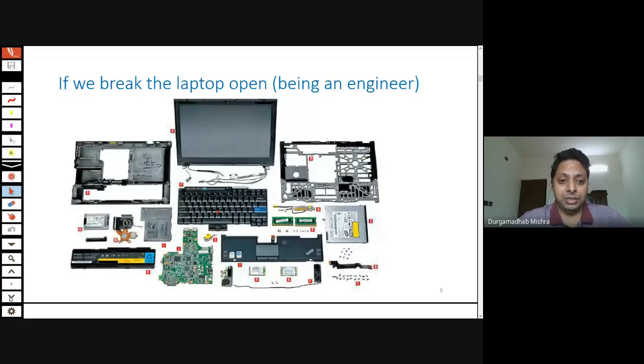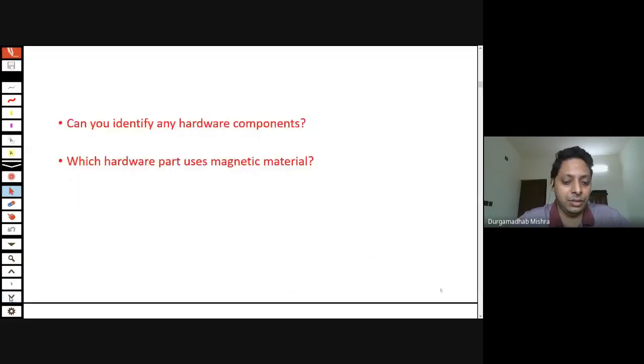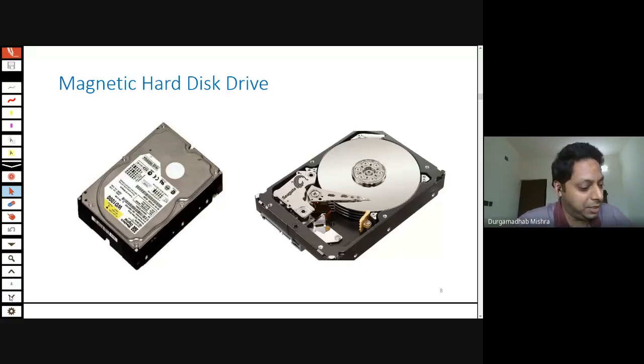But there is another part, which is the magnetic hard disk. This is just a question posed to you. So one magnetic part is your magnetic hard disk. This is basically how it looks. Unfortunately we cannot do a live demo, but if you have a broken or unused hard disk drive, you can open it and see how it looks. I use the laser pointer here.